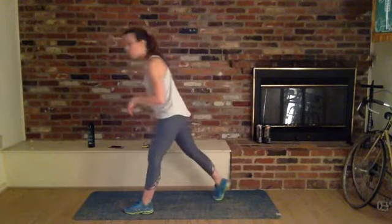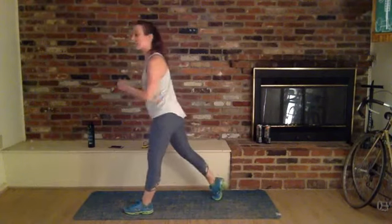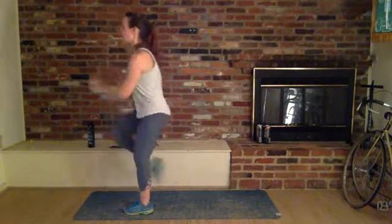Now for me, my right ankle is a little wonky. Don't let that glare sway you ever, right? But for this one, because I have one kind of weird ankle, that stability on jumping up and down on one foot is not so great for me. So I'm going to do just the calf raise one. You can feel free to take this into a jump if you've got those strong ankles, right? So here we go. We're starting off and stepping back, and one,